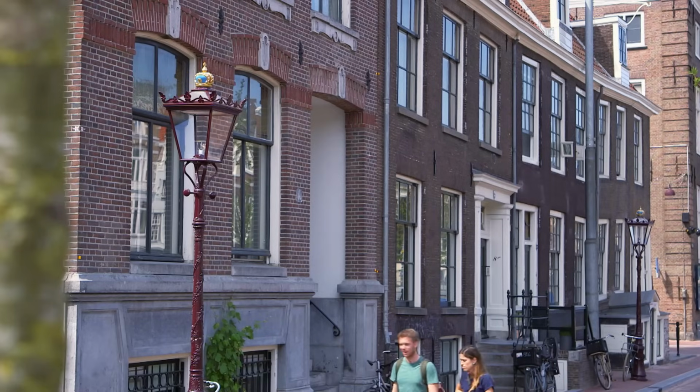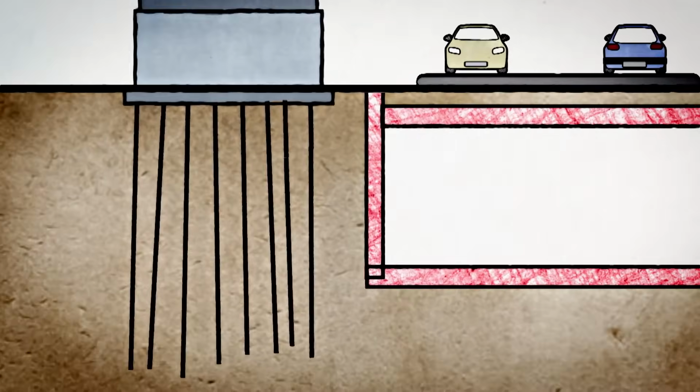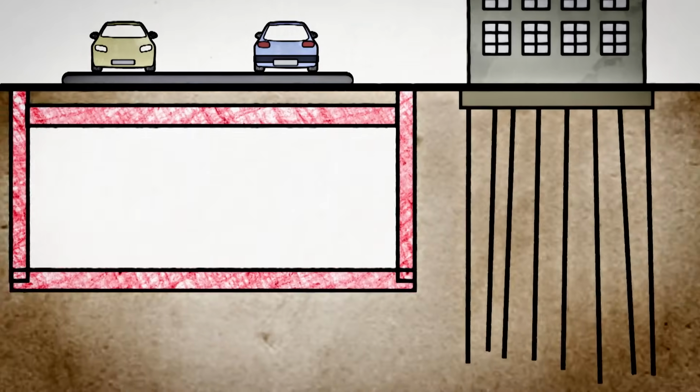Tunneling only just below Amsterdam's historic buildings, the unique box construction specifically designed to protect these homes appeared to be destroying them. In theory, the box system was an ingenious way of reducing the impact on the surrounding area, but it took just one leak in the concrete walls to cause utter chaos. About 10 houses, they weren't livable anymore. So we had to restore that, but of course it was a big shock to the neighborhood, especially because it